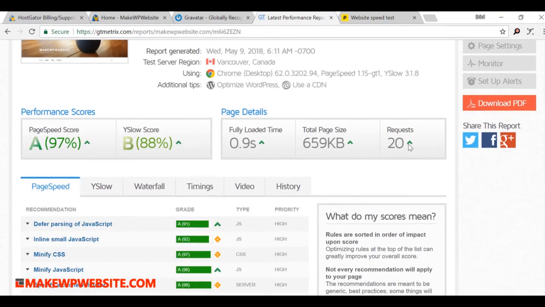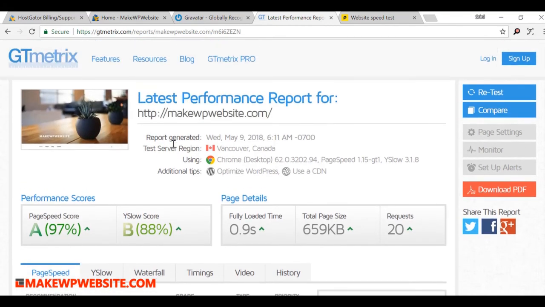You see, this is what I was talking about. Our YSlow score has increased, meaning we have 88% now. Earlier it was C grade, now it is B grade. And you see, whatever HostGator gave us, we deleted all that stuff. We have added the best stuff there. And you see our performance has increased.